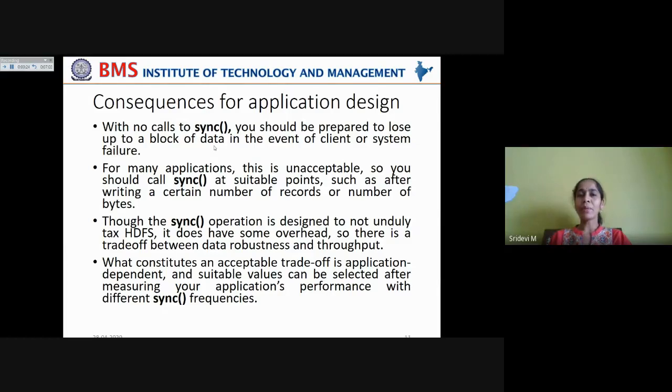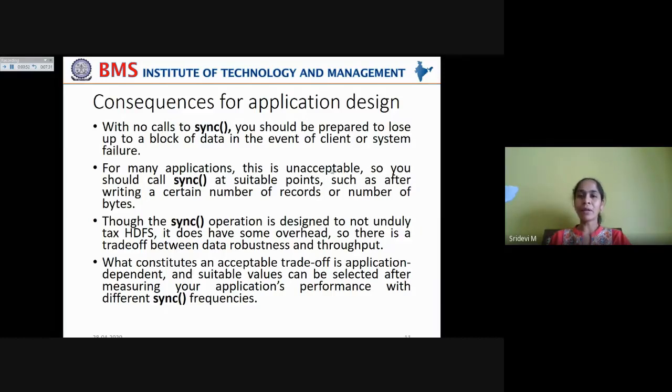Because if the sync is not implemented, the data is flushed onto the data nodes, but it doesn't check whether it is written onto all the data nodes in the pipeline. So there is a risk of losing up to a block of data if this sync method is not called by the output stream.